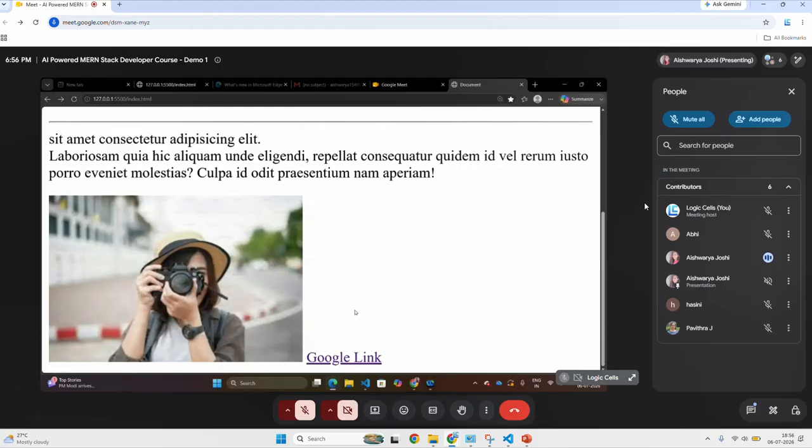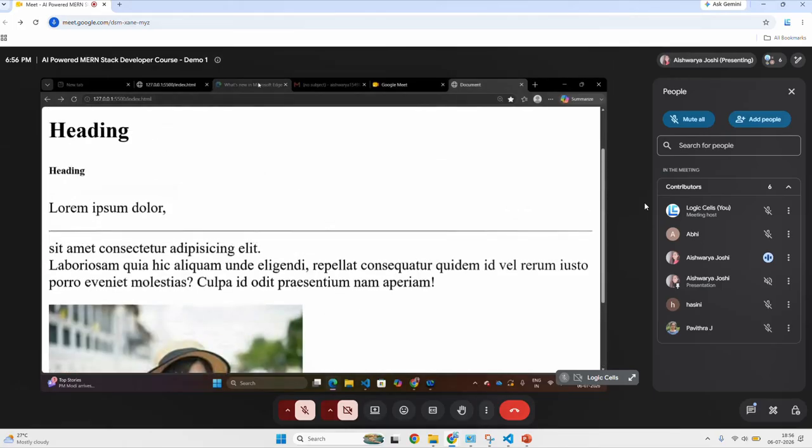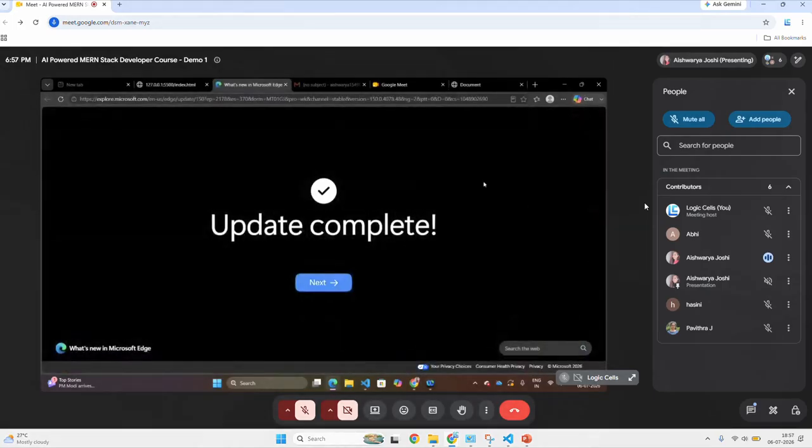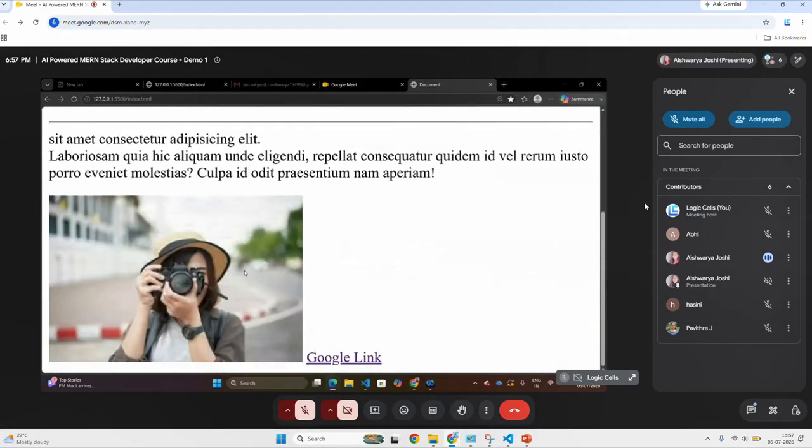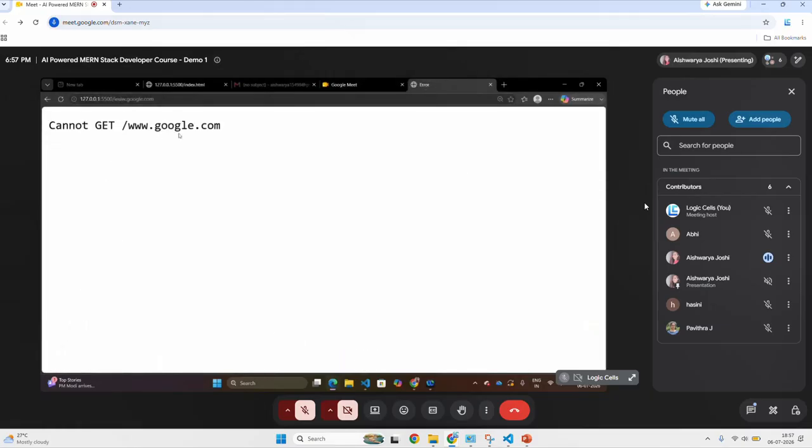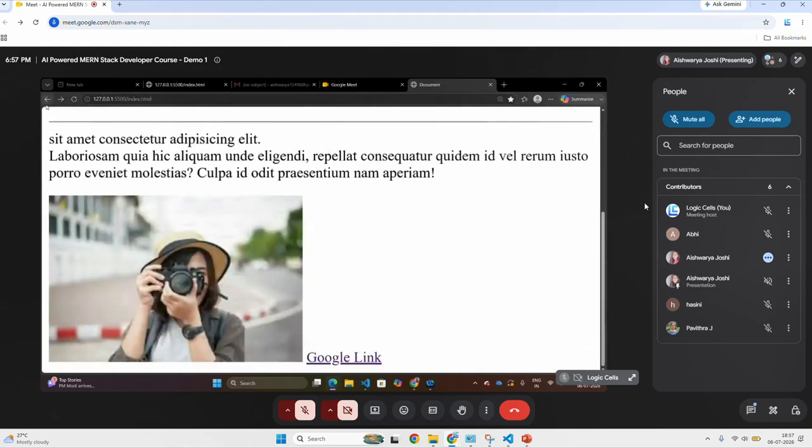So you must have seen in any of the random websites, you have footers, you have career pages. When you click on that, it will navigate to that particular page. So this is also used for the navigation only. Once you click on that link, it will go into that particular page.